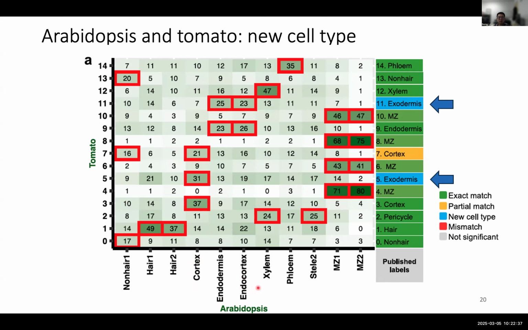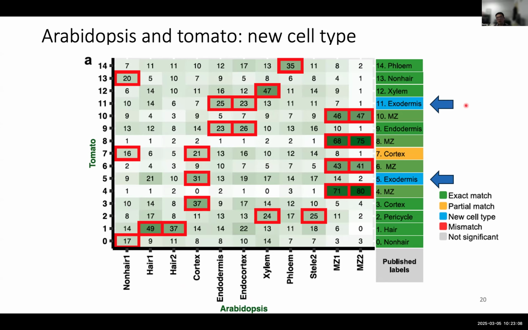So they're not mapping to xylem or phloem, which are vascular tissues, and they're not mapping to hair, non-hair, which are epidermal tissues. But the downside is that if you have an exodermic cluster in tomato, but you find them overlap with endodermis or cortex, you might wrongly label them as endodermis or cortex. The reason this was labeled as exodermis was basically because the cell lines were available for tomato analysis. That's one reason we have these already known markers for exodermis in tomato.